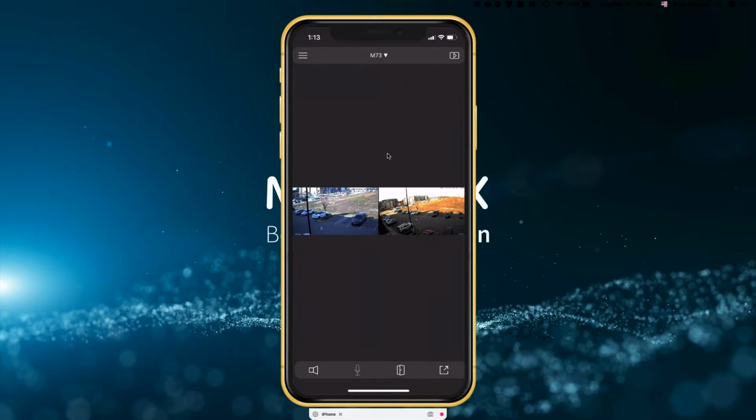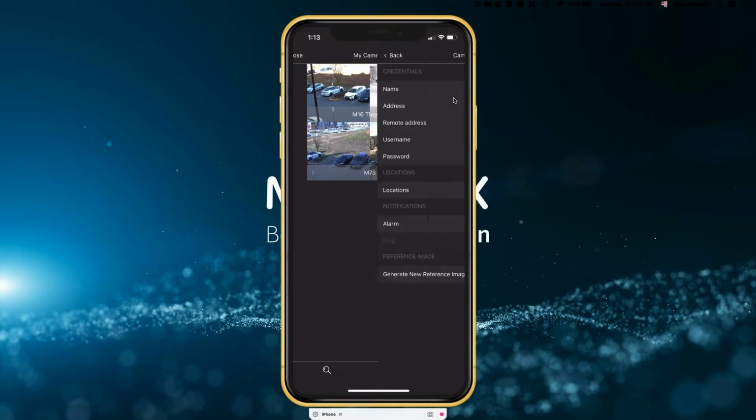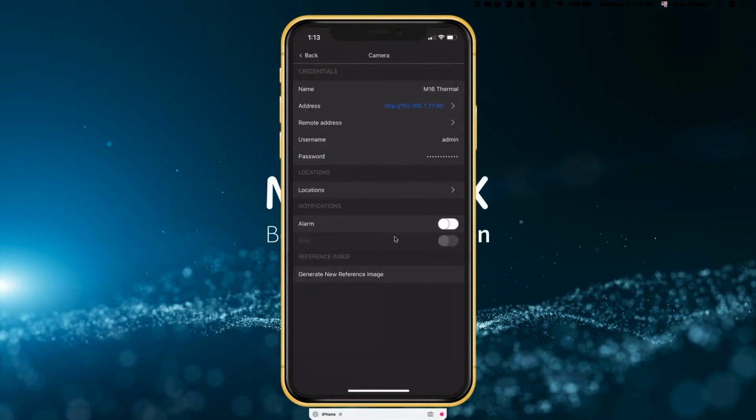If I click on the name here at the top, which was my grid, I can now affect some of the cameras that are in this grid. Like if I click on the information button over here next to my M16 thermal, you can see the information is going to come up that allows me to connect to that thermal camera.